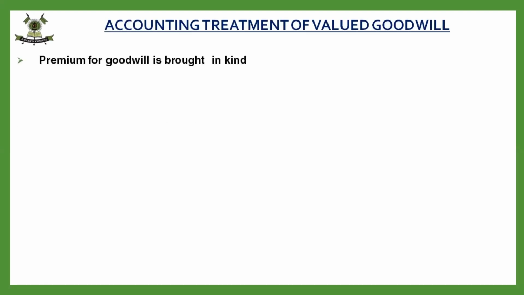Now there is a possibility. These are the two cases we have discussed for goodwill brought in cash. But there might be a possibility that the goodwill is brought in kind. Kind means he's bringing some assets. He might be having a running business. So he brought all his assets into the firm that he is admitted into, in the form of capital and premium for goodwill. He's not bringing in any cash. He's bringing all the assets of the previous business that he was carrying on.